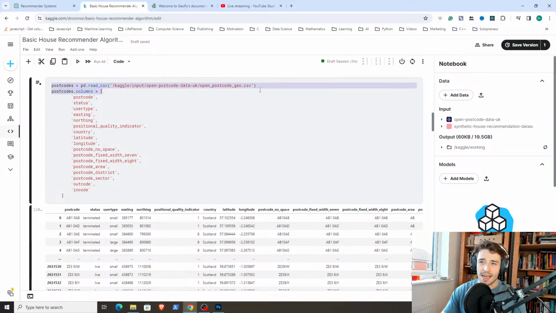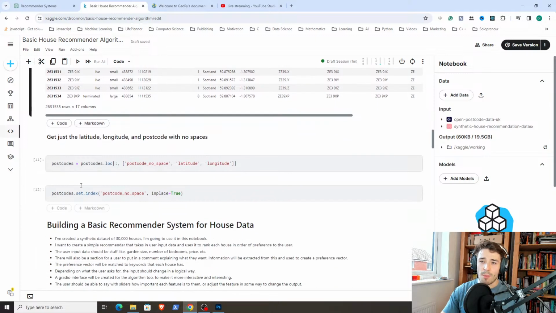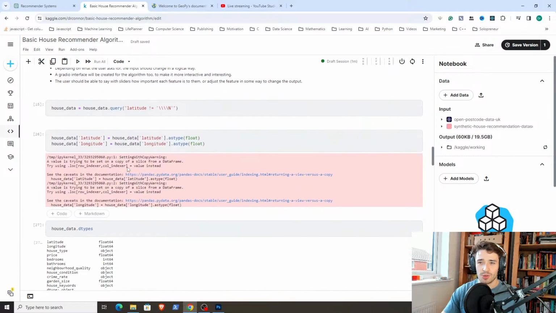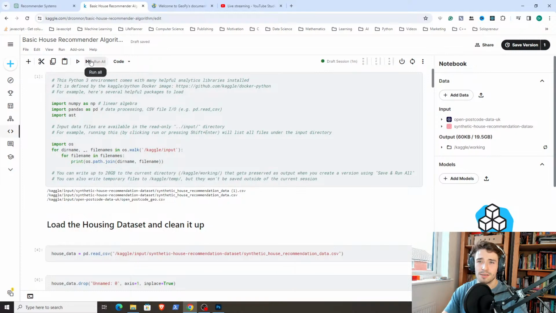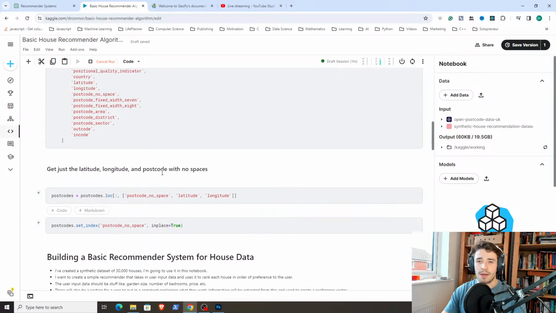And what I've got is an open postcode data set from the UK government, I'm reading it in, I'm assigning values to all of the columns because that doesn't happen already. And then I'm extracting just the postcode with no space, the latitude, the longitude, and using that to, I guess, read in to, oh, hang on. I just realized I don't actually have any of this stuff loaded, do I? Probably. Just hit run all. So anyway, whilst this is all running,